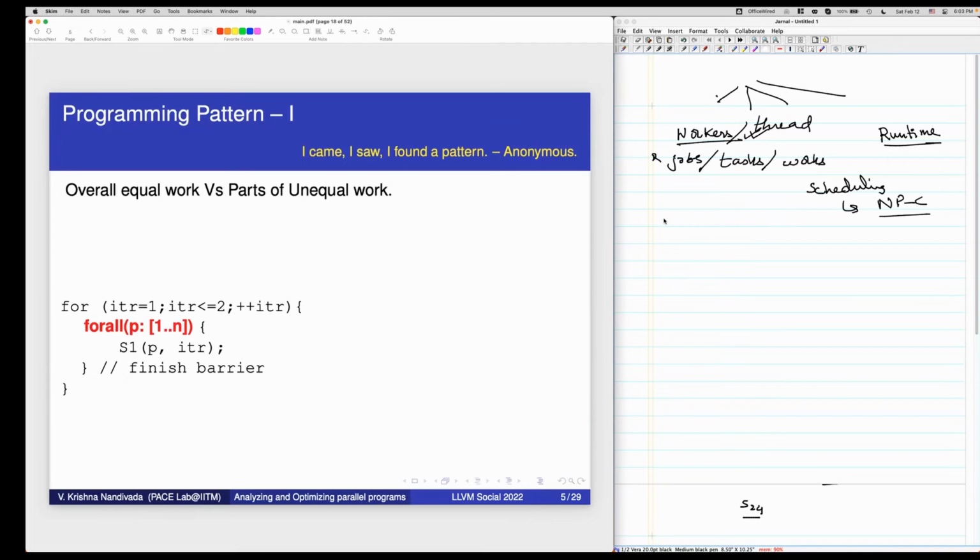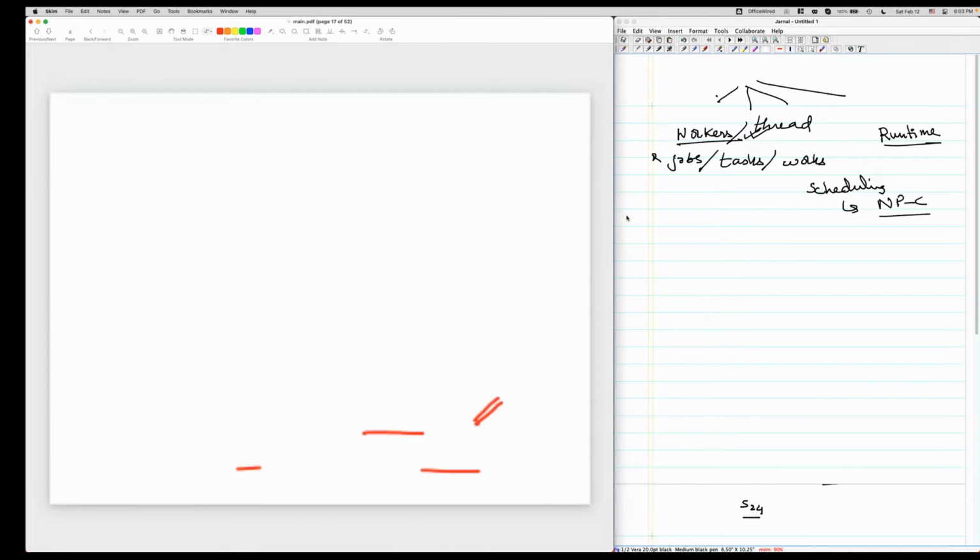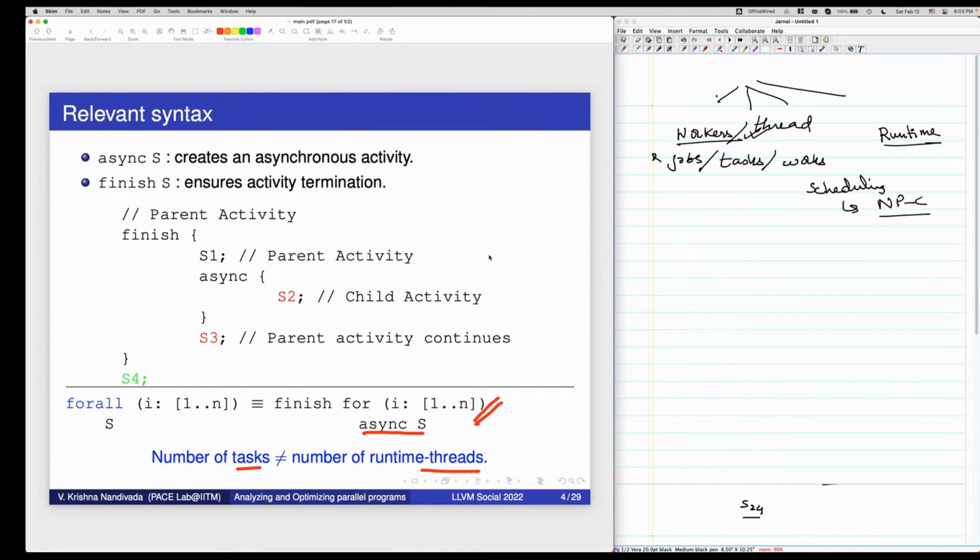Sir, I did not understand. Someone asked this question about nested async. Could you please help me understand what nested async would mean? I mean, like which task completes before what. Right, let's do that.